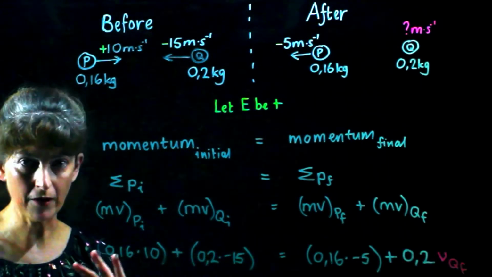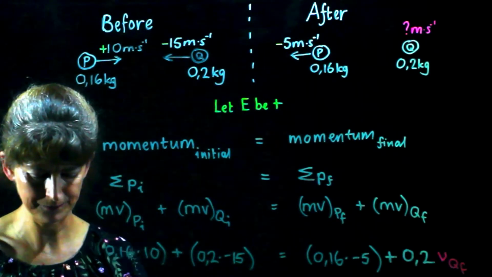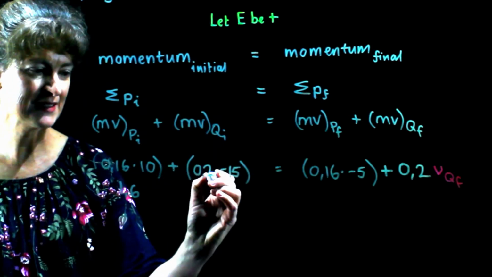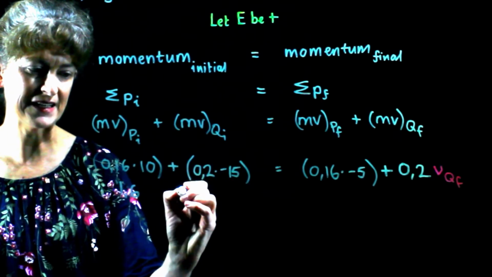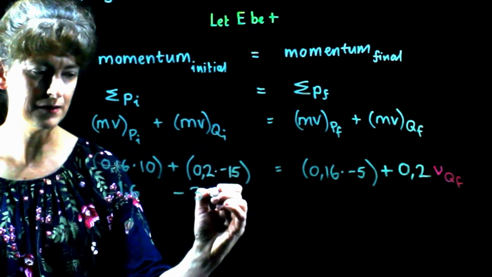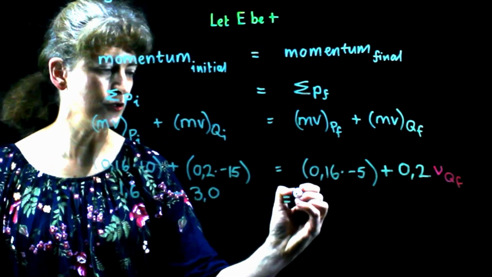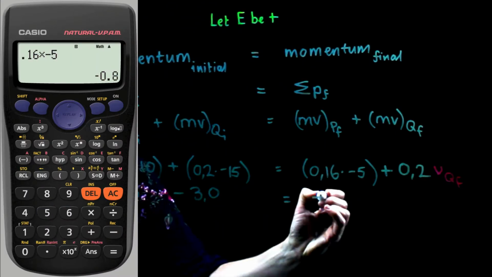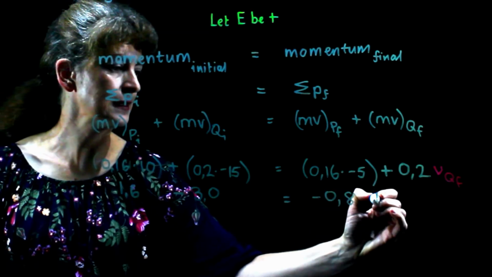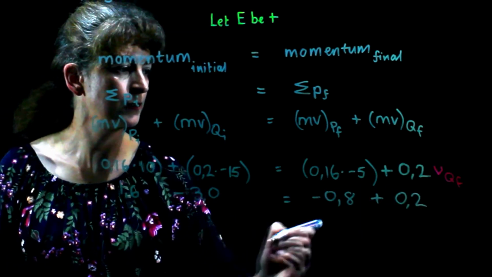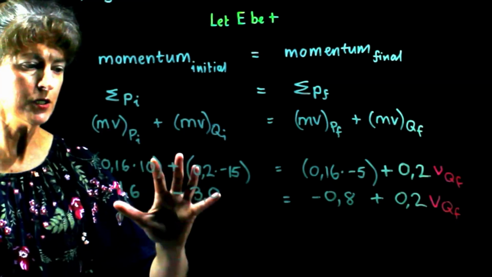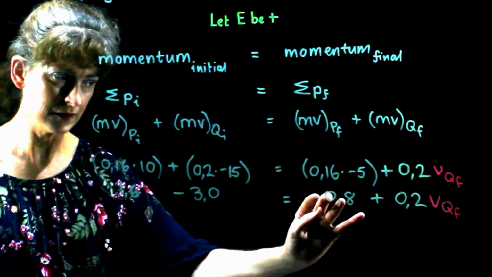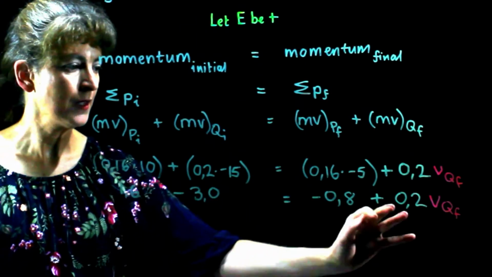So now, of course, we must be very careful with our algebra, especially with the signs. We can see that this is obviously 1,6 positive plus 0,2 times minus 15 is minus 3,0 is equal to 0,16 times minus 5 is equal to minus 0,8 plus 0,2 VQ final. So you see, we need to get this one to that side. In other words, add 0,8 to both sides. Then we will have